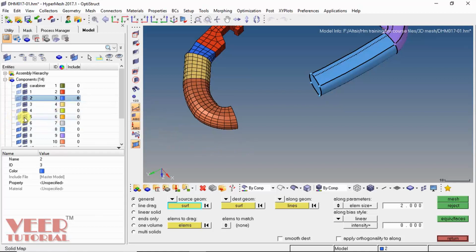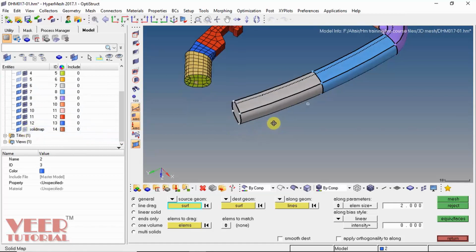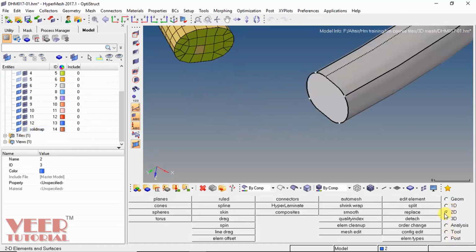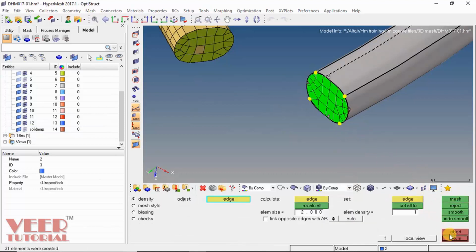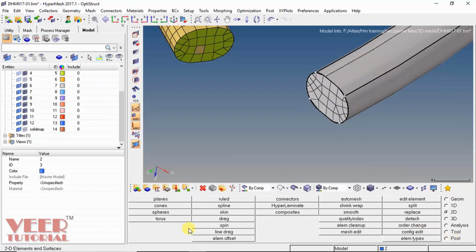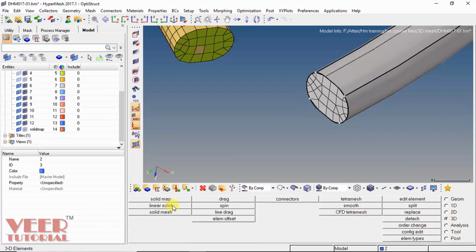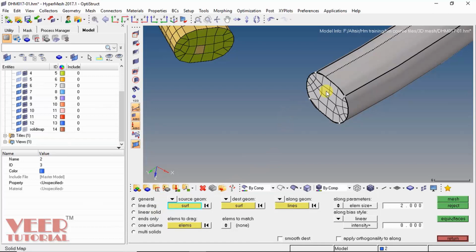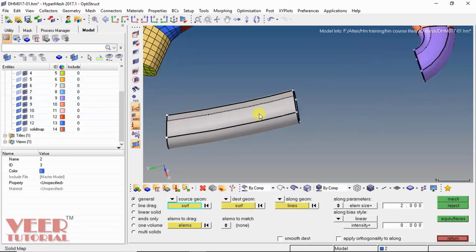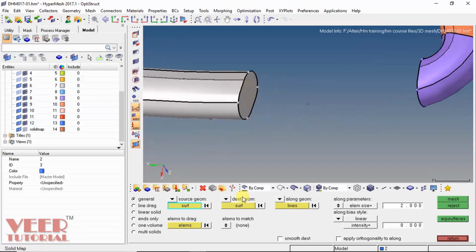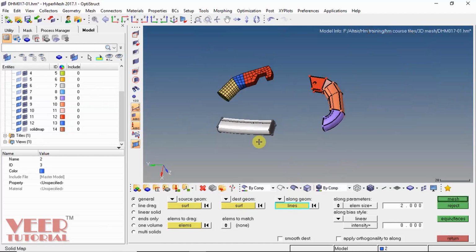So the next element is element number 5. Make a check on this element 5. Okay, element 6. Then hide the meshing on this. First of all, let's do the auto mesh on this, 6, 6, 4, 4, and then go to 3D, solid map, select this surface, and for the destination, hide this element 7. This is the destination. Along line, select all these lines.